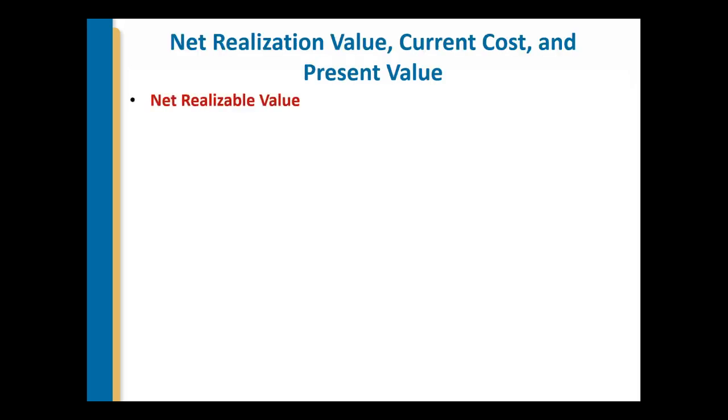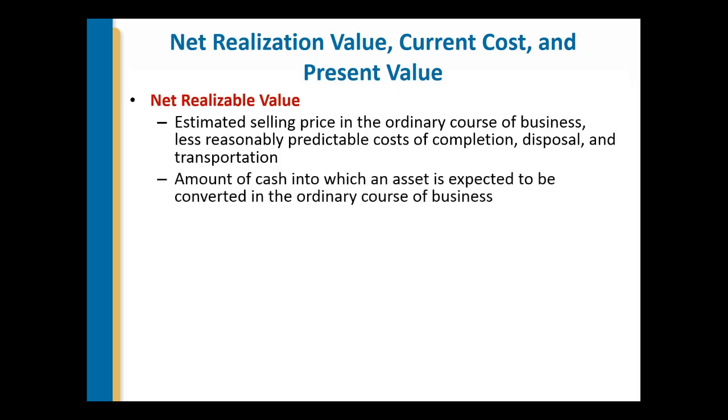Some assets are measured at their net realizable value, which is the amount of cash into which an asset is expected to be converted in the ordinary course of business. So, for example, if customers purchase goods or services on account for $10,000, and if $2,000 in bad debts would be anticipated, then net receivables would get valued at $8,000, the net realizable value. Departures from historical cost measurement such as this provide useful information to aid in the prediction of future cash flows.